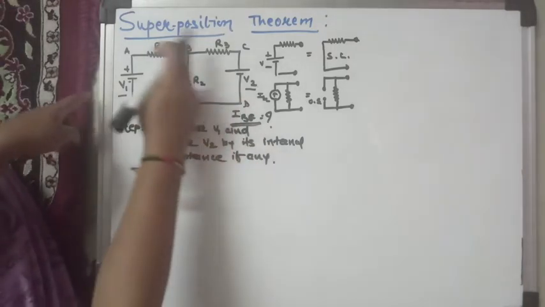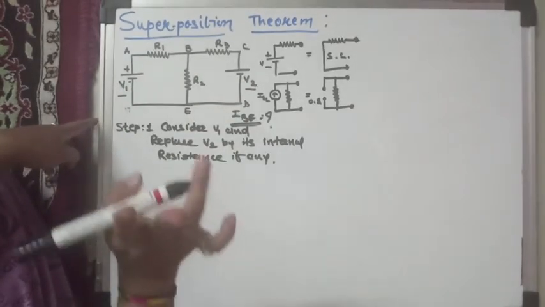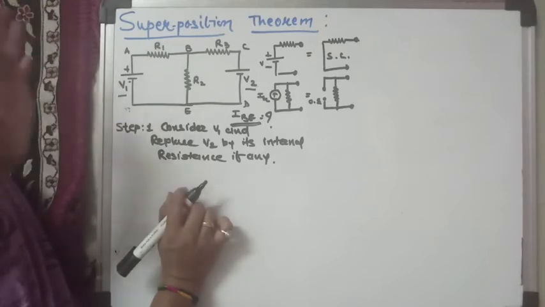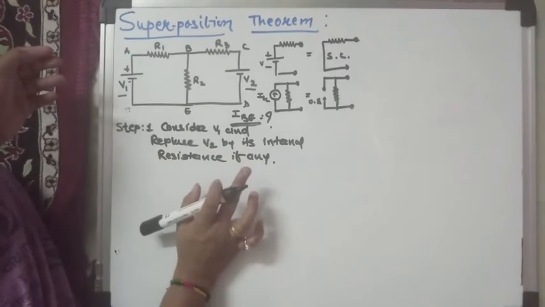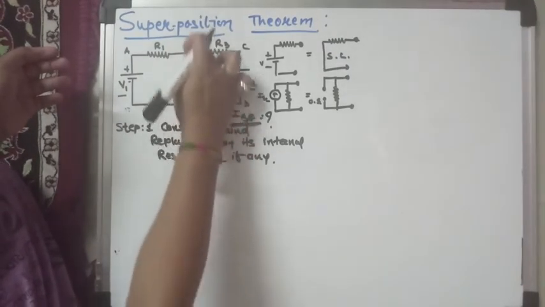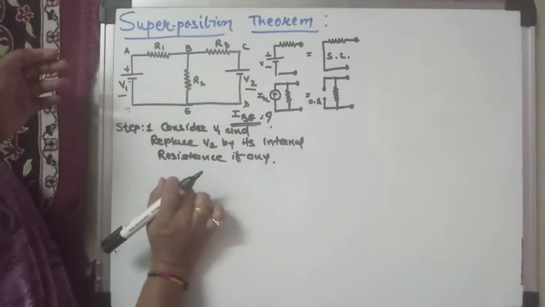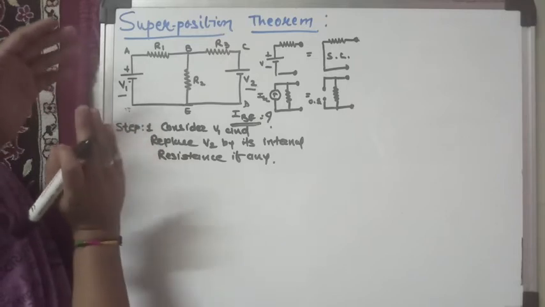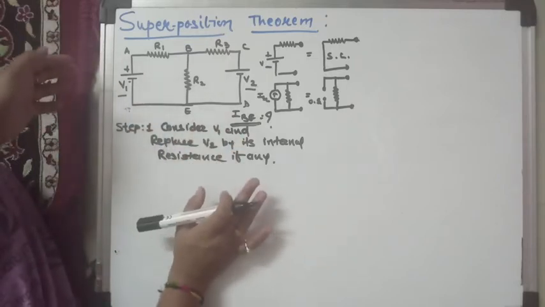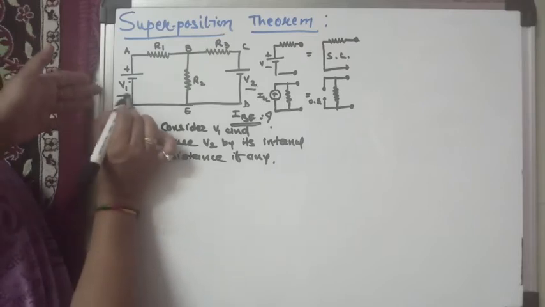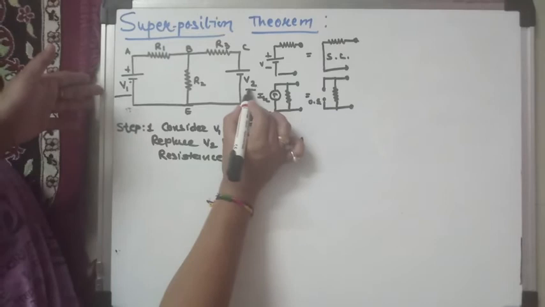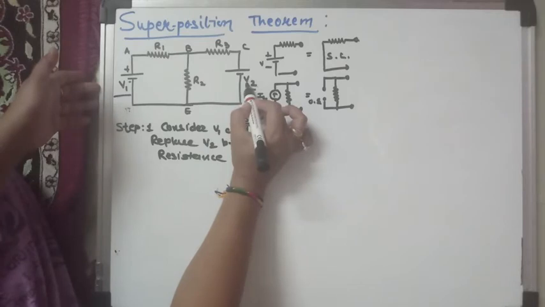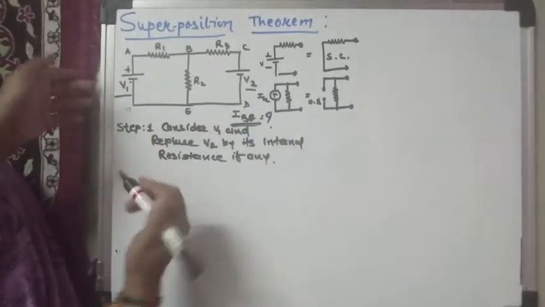See here, in this network two voltage sources are given, meaning two energy sources. Energy sources are of two types, either a voltage source or a current source. If you want to find the current passing through the branch BE by applying the superposition theorem, consider one source at a time and replace the other sources by their internal resistance. So first consider only V1 in the circuit and replace V2 by its internal resistance. The internal resistance of V2 is not given, so it is directly short circuited. My circuit will be like this.